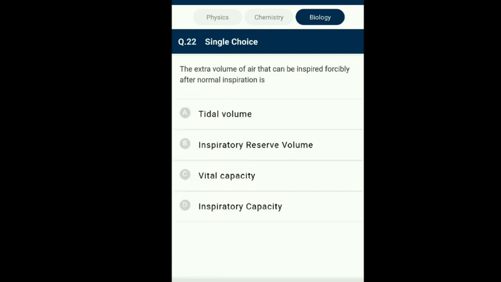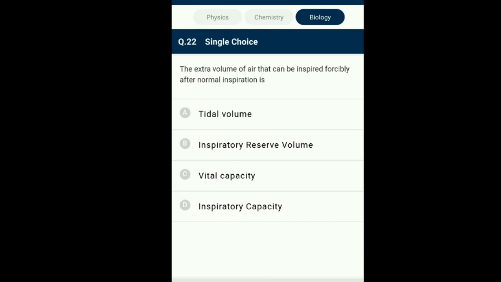Question number 22. The extra volume of air that can be inspired forcefully after normal inspiration is: it is the volume of air present at each stage of the gaseous exchange process found in the human body. Total lung capacity is the amount of air one can accommodate, 5000 ml. Vital capacity is the volume of the air that can be forced out, 4500 ml. The amount of air that will remain after normal exhalation is functional residual capacity, that is 2300 ml,